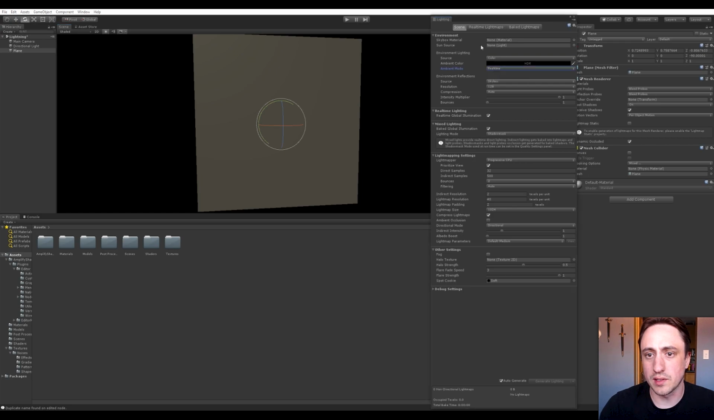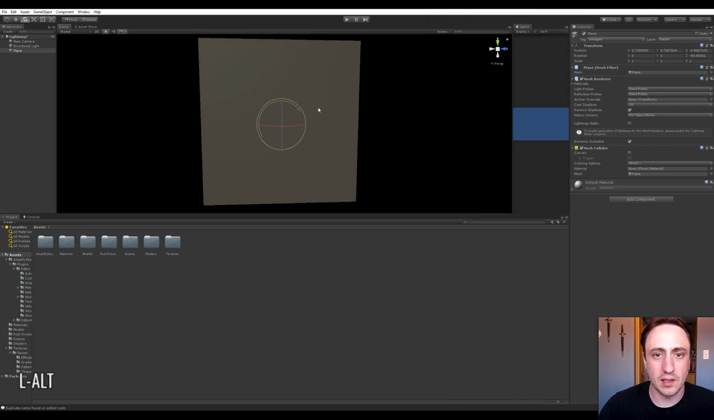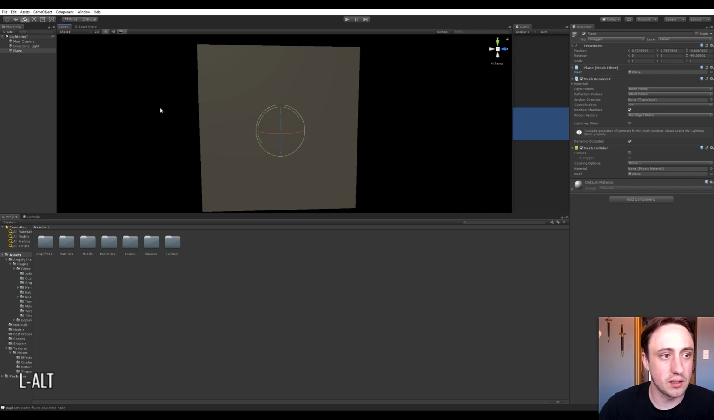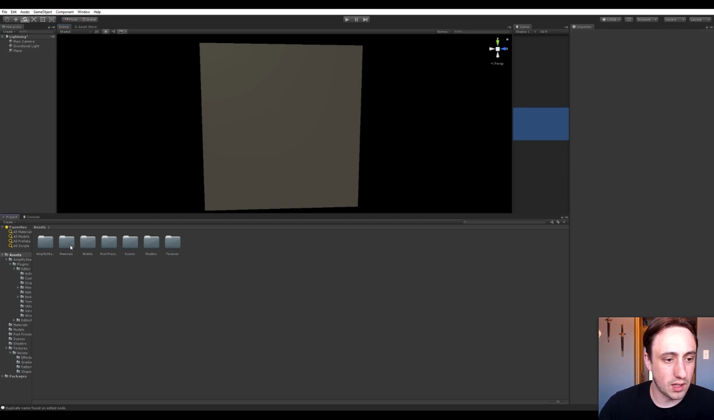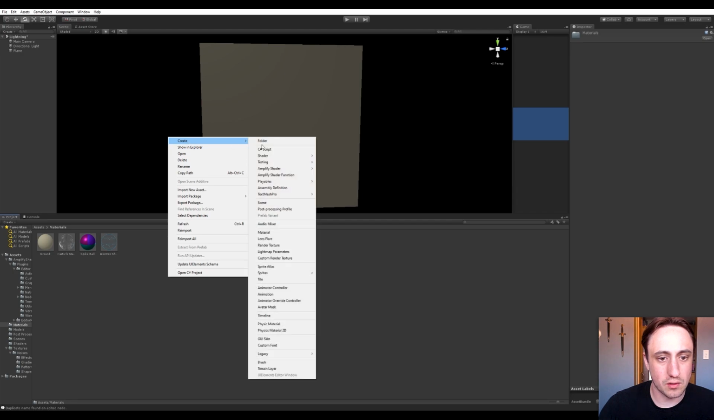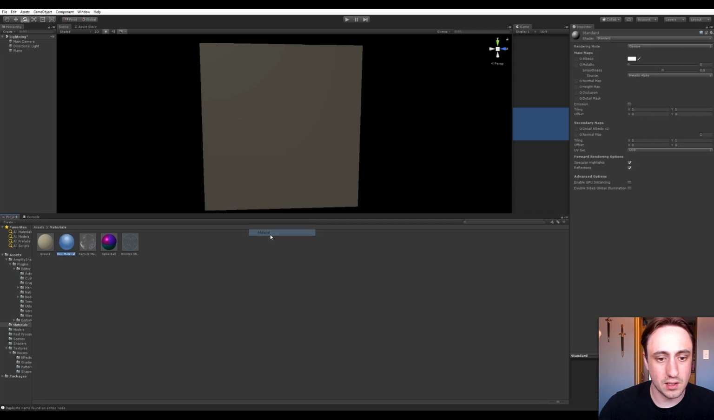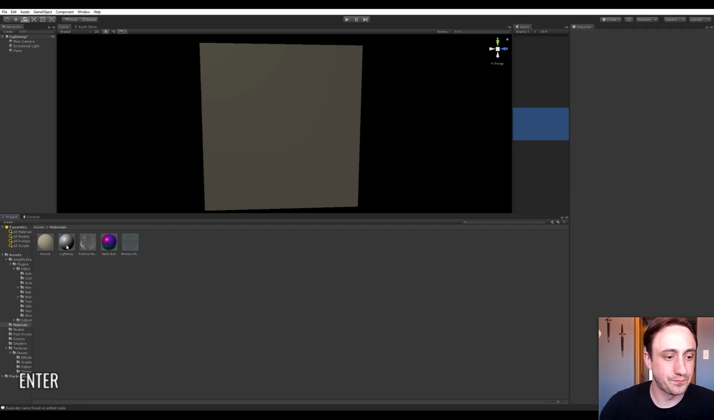That's all fine. You can leave all this stuff. We're not going to have any lighting on this material anyway, because we just want to get rid of it and let the shader do its thing. So this is just a good way to test this particular shader. Okay, so let's go into materials and go create and material, and let's call it lightning,